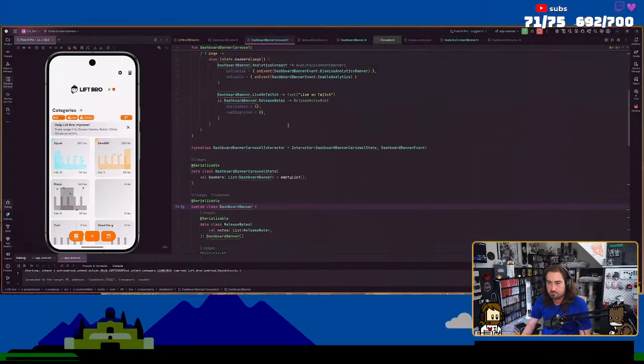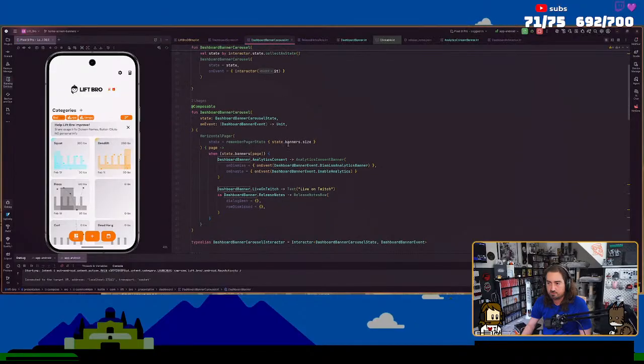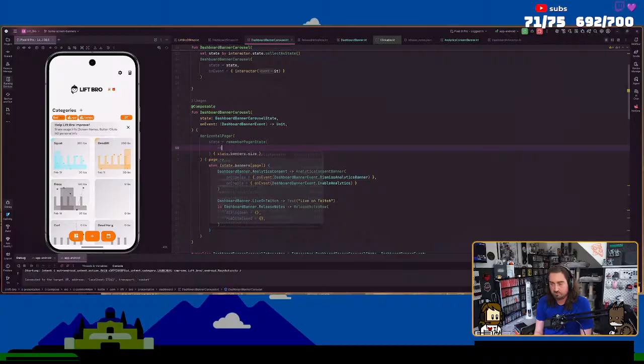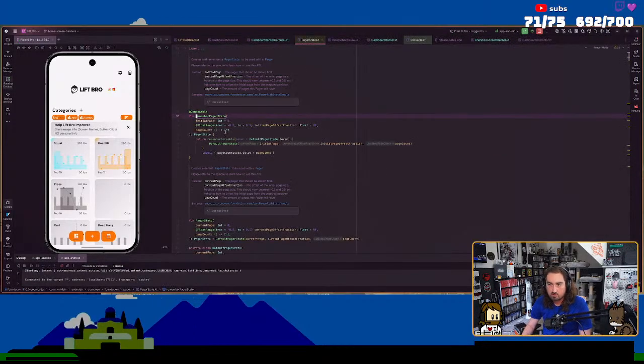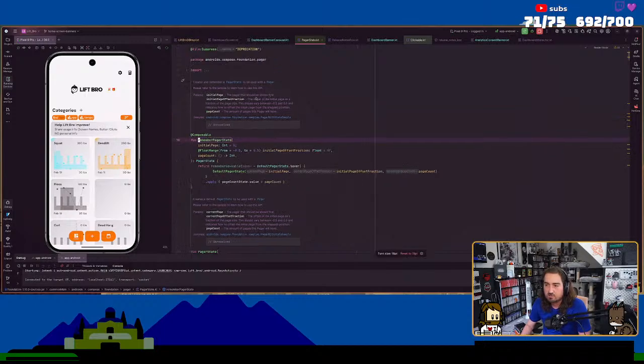And where's the actual carousel itself? It's like render. What is it? Page count, initial page offset fraction. Initial page is a fraction of the page size, 0, and indicates how to offset the initial page from the snapped position.